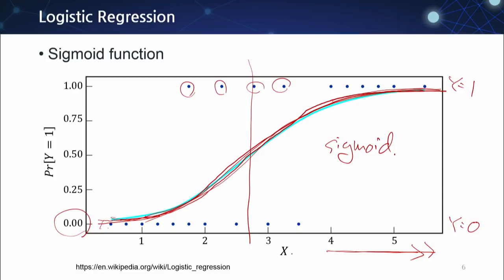If x is very small or very large, the classification is easy. However, if x is around this transition point, it is a bit difficult to confidently say the predicted class.